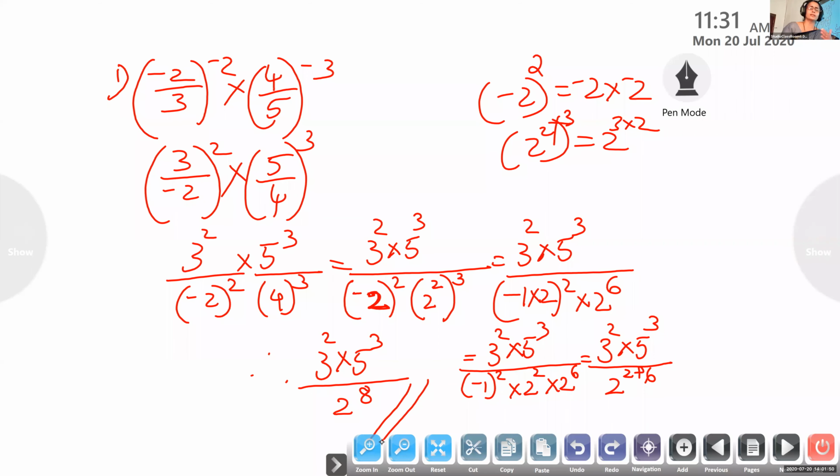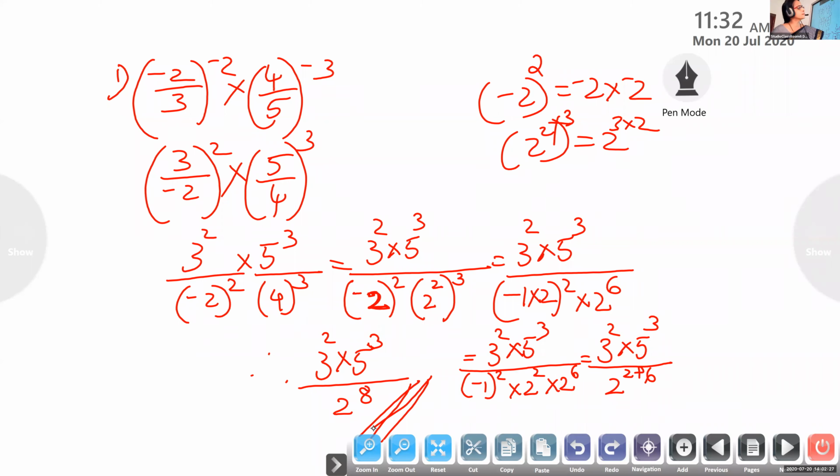Simplification, we have to write all the steps one by one. Now we need nothing to simplify. This is the least simplification. Write all the steps one by one. Ma'am, can we write 3 square as 9? Yes, you can do that. 3 square can be written as 9. 5 raised to 3 you can write 125. If you want you can write that, or otherwise this is enough. If the question is evaluate, you have to multiply.